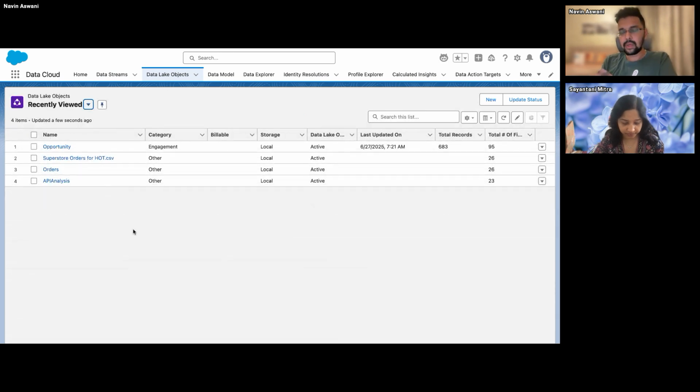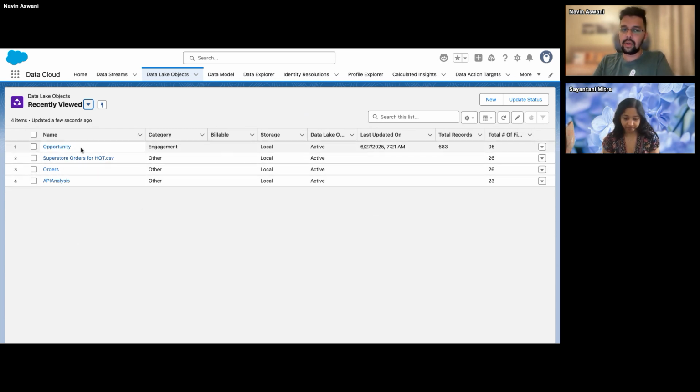So I won't go much into detail on the data cloud now, but the data lake objects are automatically created once your data stream is successfully completed. So why is there a difference? First of all, it will keep raw data intact in your data lake object, and from here you can do any transformations, any calculations that you have to do, but it will keep your raw data intact. It won't impact your data lake object.